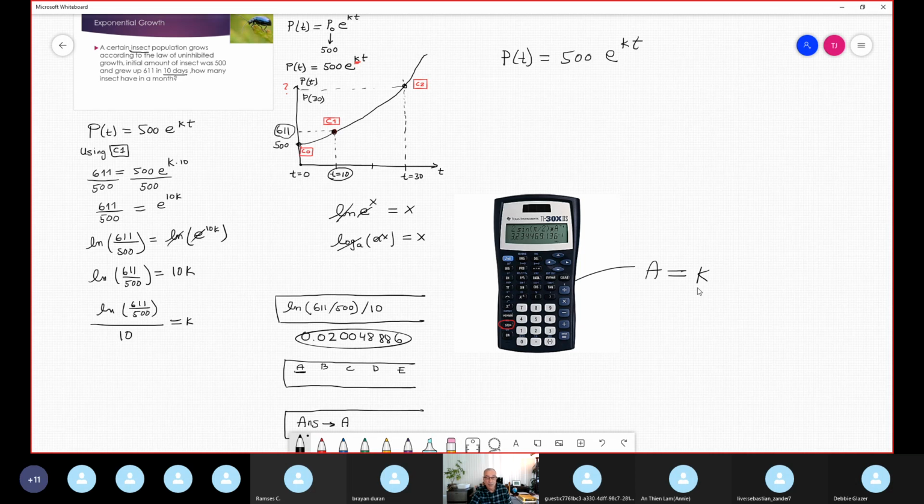So, ready to apply it at 30 days. It is 500 e to the A multiplication by 30. How do you put it in the calculator? In the calculator you put 500 multiplication